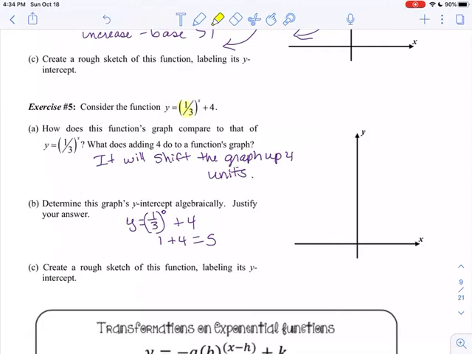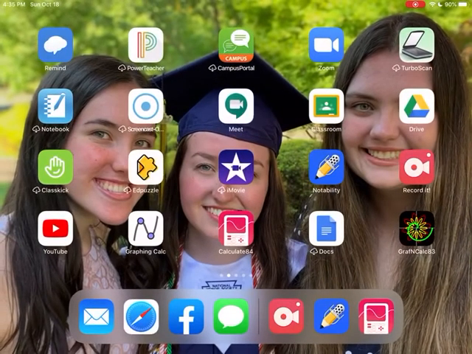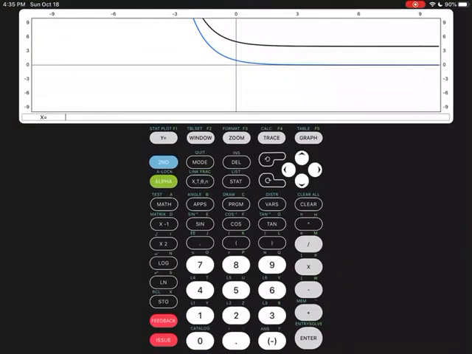Create a rough sketch of this function, labeling its y-intercept. So remember, this has a base that is greater than 0 but less than 1, so this function is decreasing. It's decreasing, and it's going through the point 0, 5. So here I can have 5 right here, all right? And it is decreasing. It gets smaller and smaller,